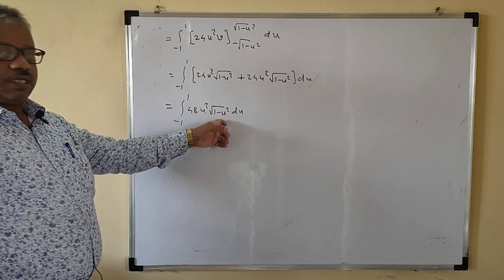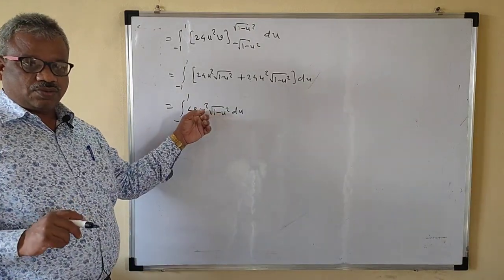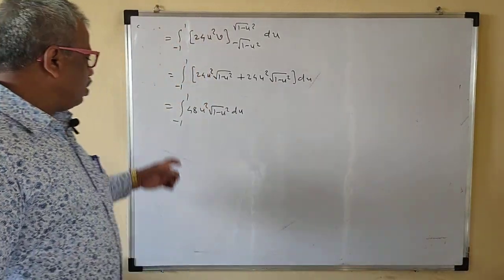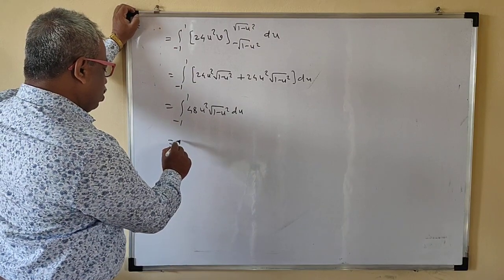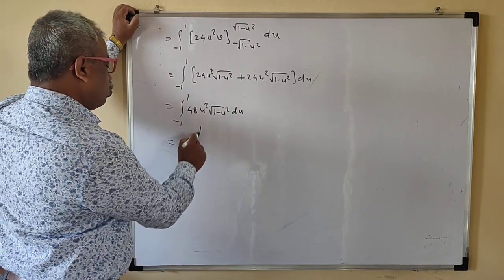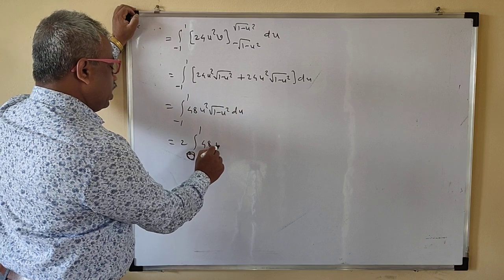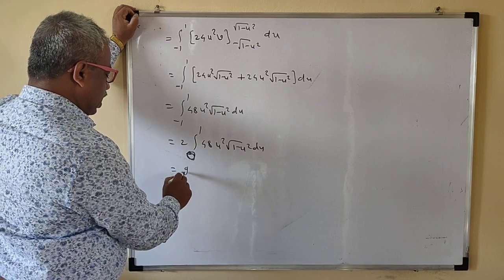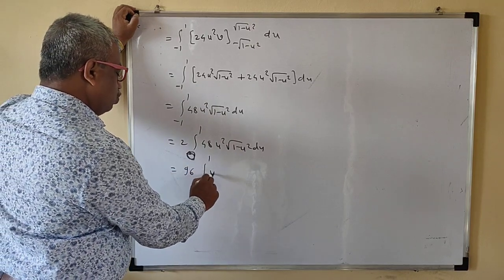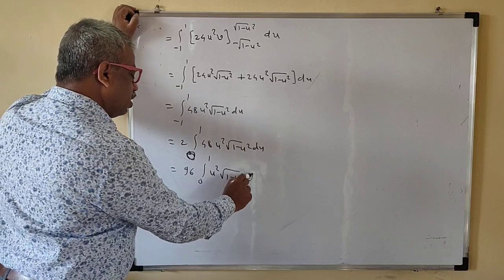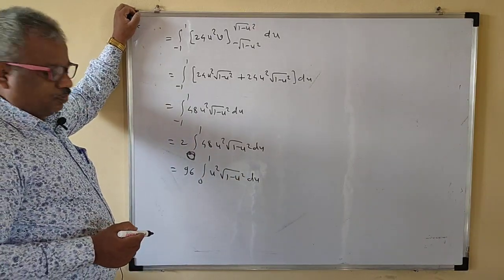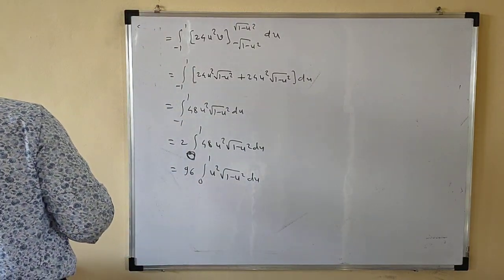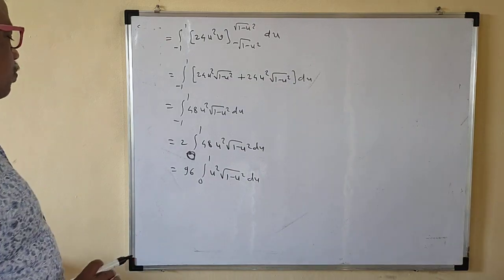Now see, this is an even function because if you put u is equal to minus u, then it is as it is here. The function will be as it is. So it is an even function because your limits are -1 to 1. So this becomes what? 2 times 0 to 1 now. 0 to 1, 48 u square root of 1 minus u square du. So this is what? 48. So this is 96. Okay, 0 to 1 u square root of 1 minus u square. Now this is the product, and both the functions are algebraic. So what we have to do? We will use the substitution. We have to use the substitution now.